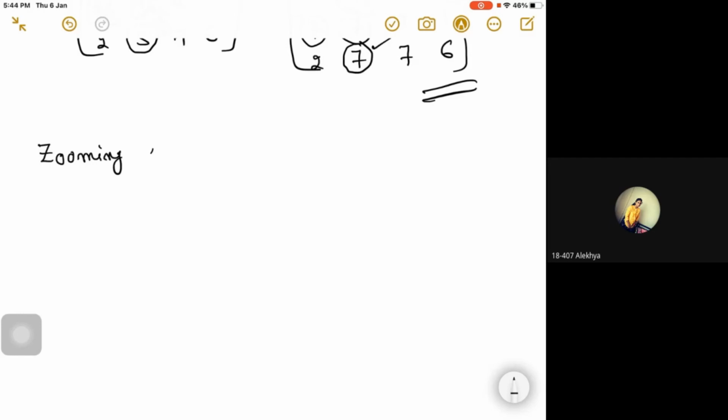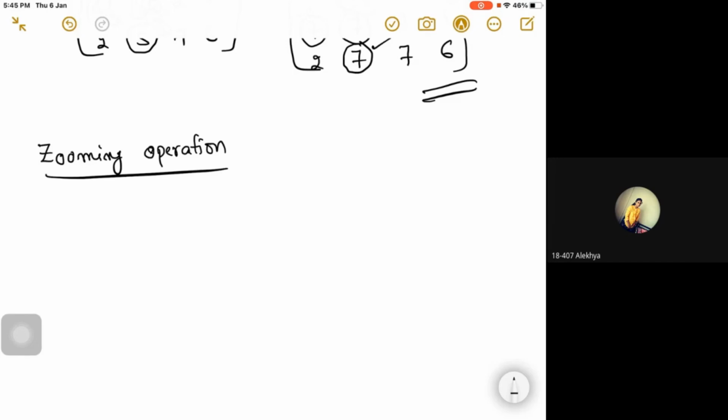Yes, you know very well about zooming. It is a very useful technique and the most used technique. So what is zooming? If you want to enhance any image or see the image in bigger size, we will use zoom. Zoom in, zoom out, you know that operation. It is also an enhancement technique, right?